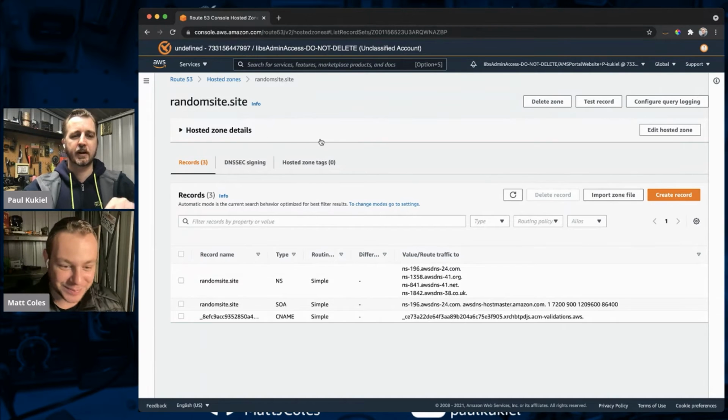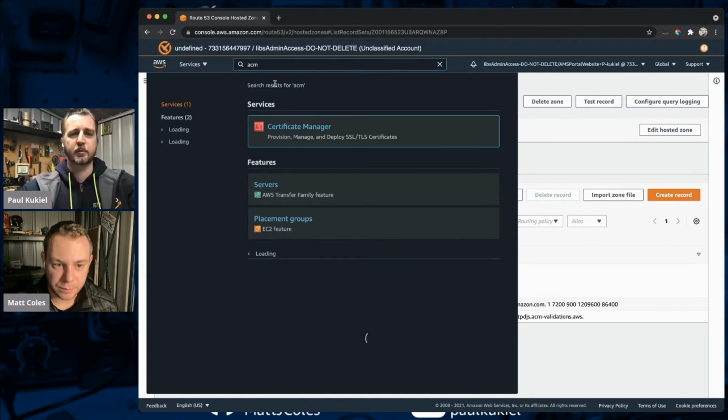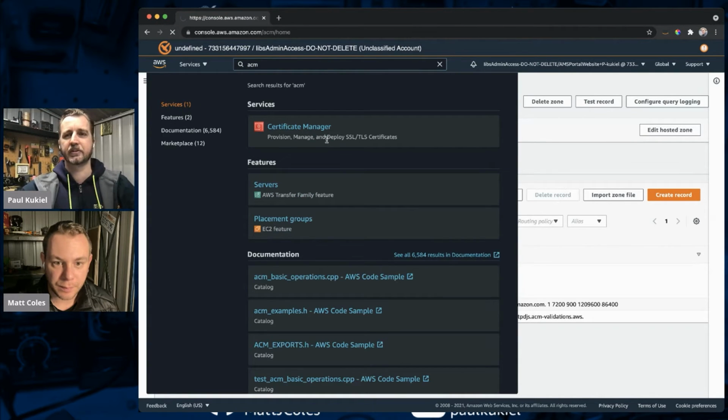So if this is the hosted zone of random site, we can see that it is working. We can see what's happening here. So this is the CNAME. This CNAME is being written in by that Lambda function that is going ahead and setting up that certificate. So we should see that certificate is probably in a state where at the moment,